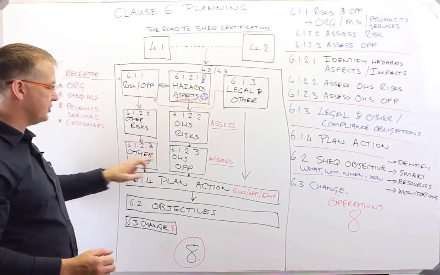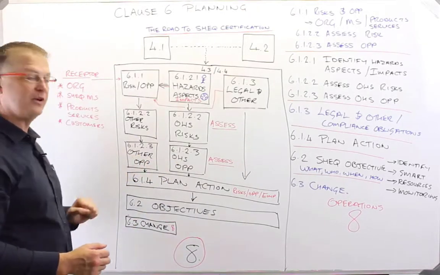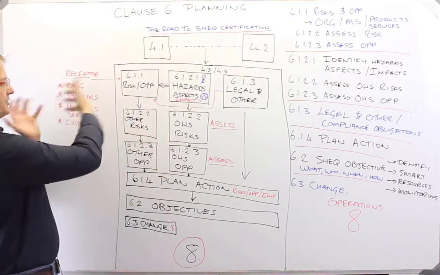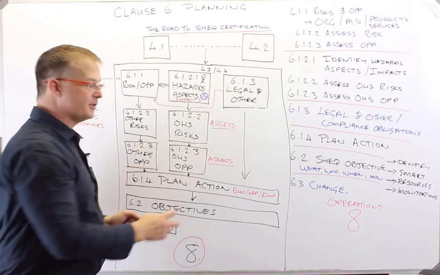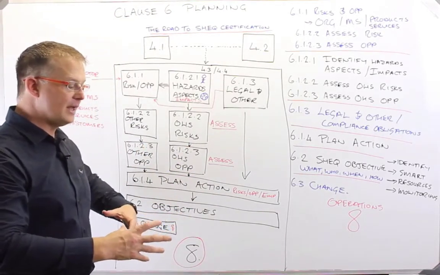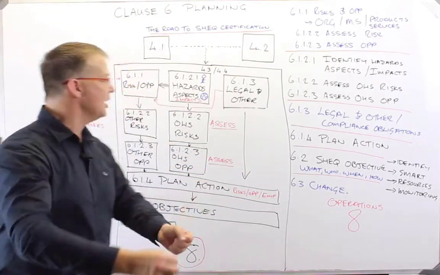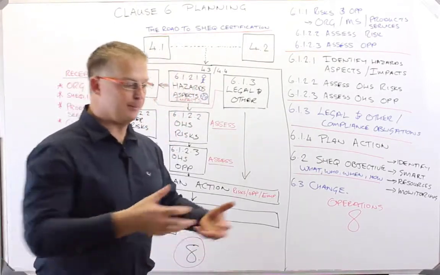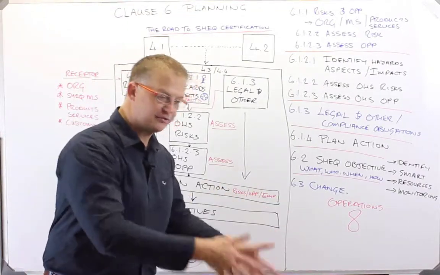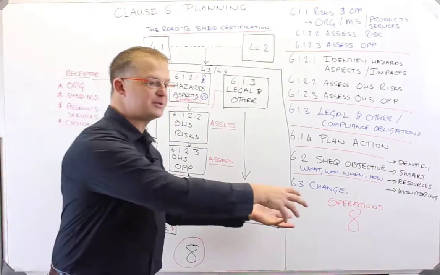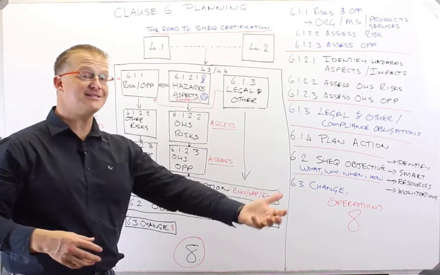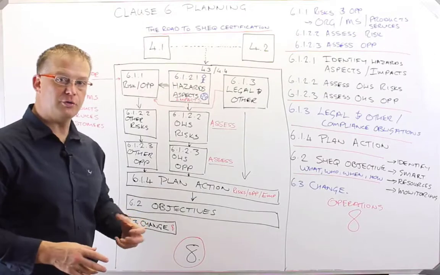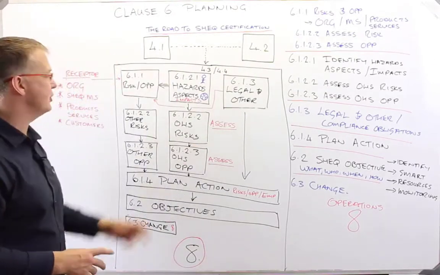And these OSH opportunities are different from other opportunities. These other opportunities are opportunities to the organization and the management system. These opportunities are about how we can improve the process to benefit the individual. So an example would be a highly human-interface process where there's a lot of carrying and lifting, and that could be replaced by a conveyor belt. So yes, that does introduce additional risks, but it's an opportunity to improve and reduce the hazard exposure to the